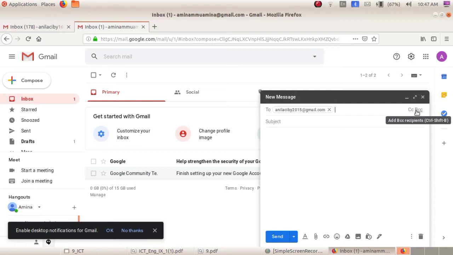In case you want to send a message to more than one person, for example, you want to invite 15 people for your birthday through this email, you can type the email addresses one by one here.